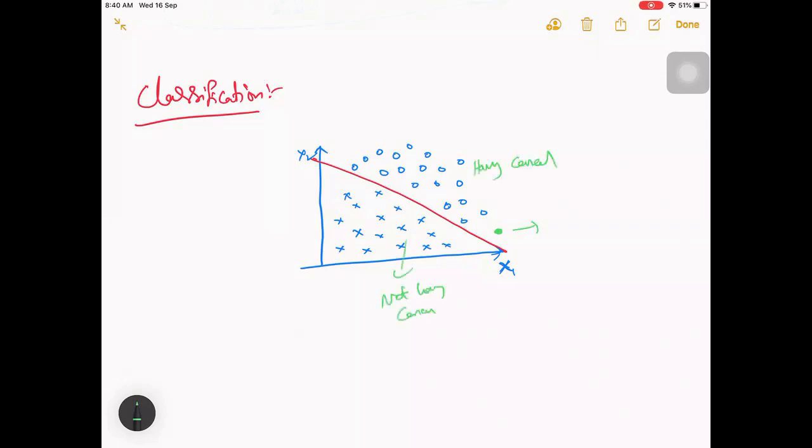So for a new point here, if it is coming in this way, can we predict that this patient is having cancer, right? In case one more patient has come and been plotted here, can we say that this person is not having cancer? From the test result, we can say it like this, right? This is possible, right?